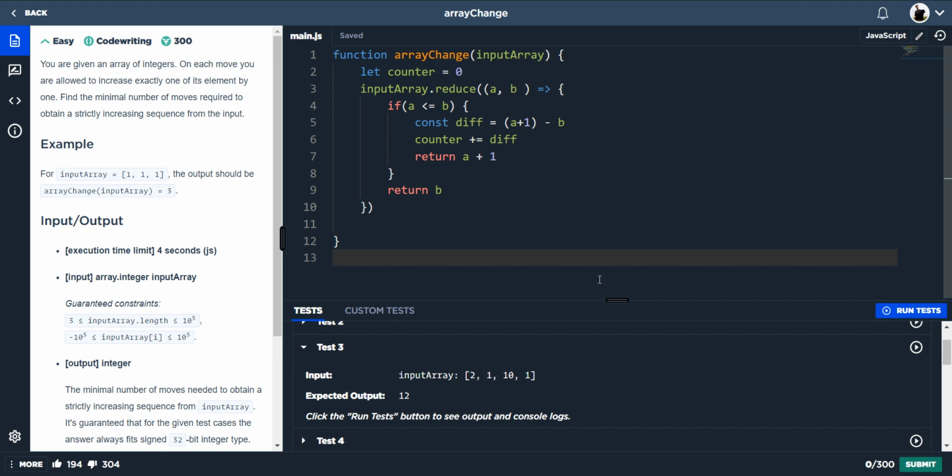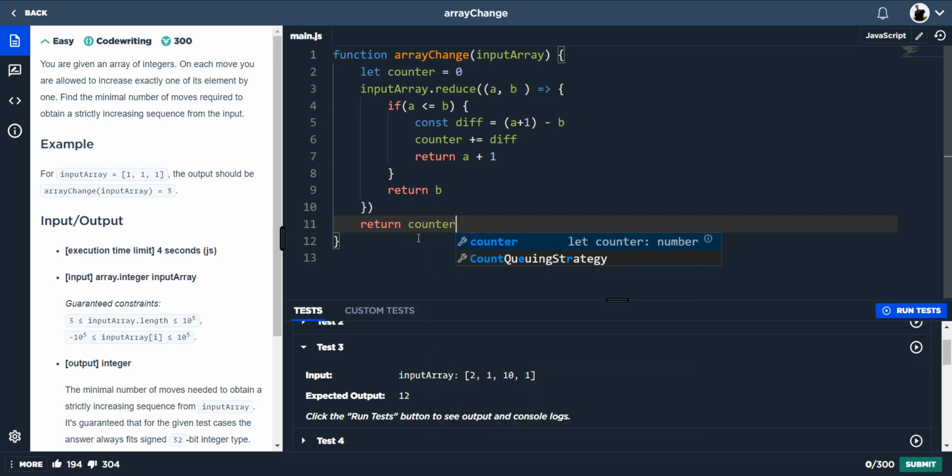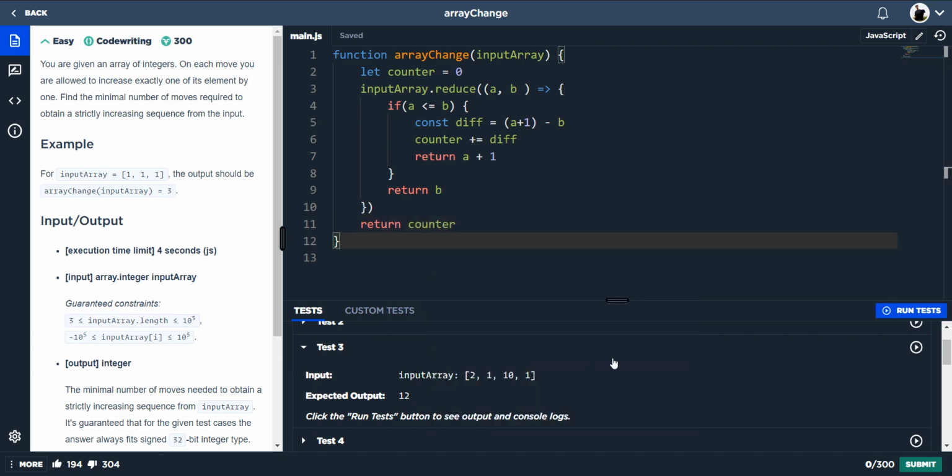And if there was another number here, we would then do 10 plus 1, because that is going to be our new value in the new array, which would then give us 11 to do our next compare. And then once this reduce method has finished, we just want to return counter, and that will give us our expected output. So if we run the tests,